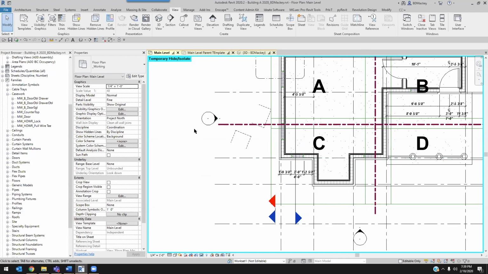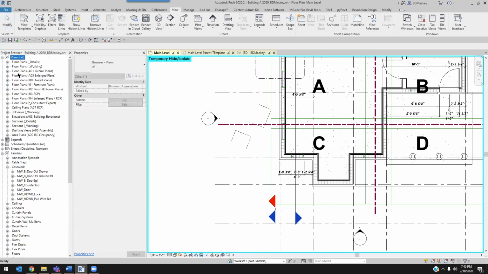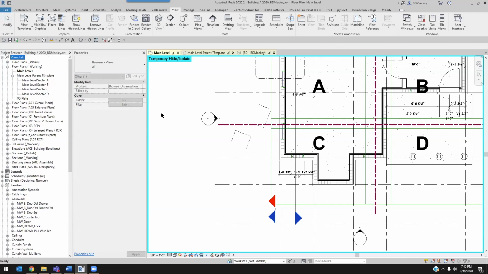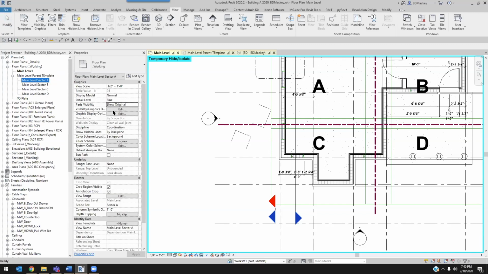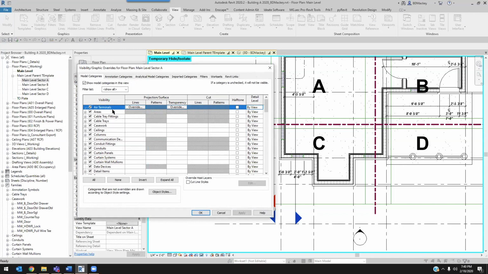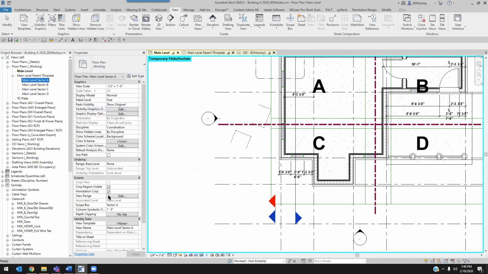To get to the visibility graphics menu, how do you do it? It's out of the box VV or VG, but a lot of times for me, there's things like I might be wanting to change the visibility of a view, and I might not even be in that view. So a lot of times I just do visibility graphics in the properties. This is also why for me, properties is docked right here. I know I see some people put it on the right or put it on a second monitor, but for me,